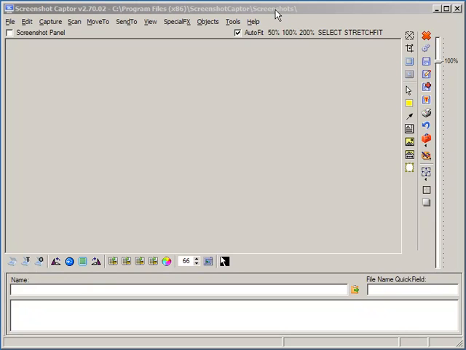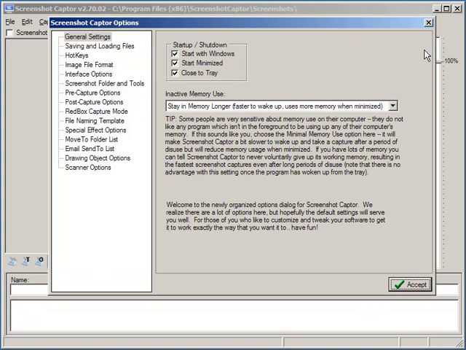In this video, I'm just going to walk you through some of the options in the program. Let's click the Options button here in the upper right to bring up the Options dialog. And I'm just going to walk you through the various option tabs in the program. The first General Settings tab just has some basic options about how to start with Windows and whether when you